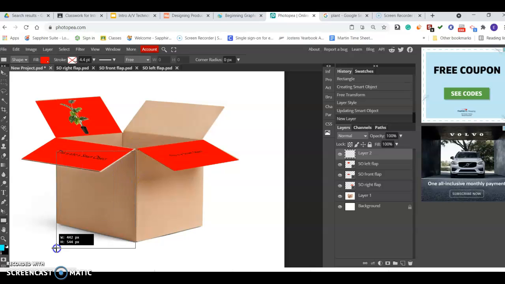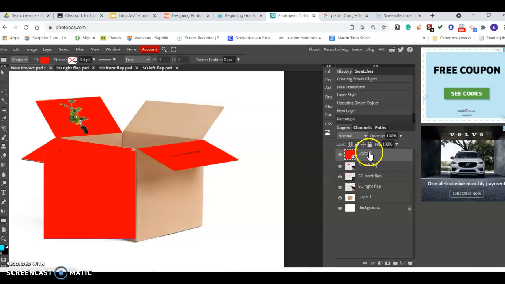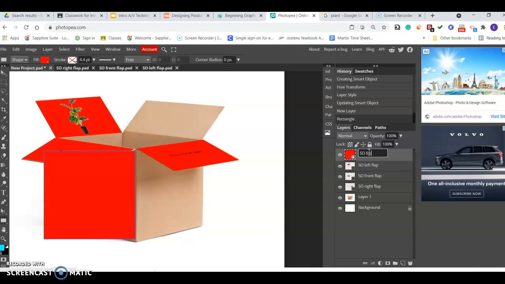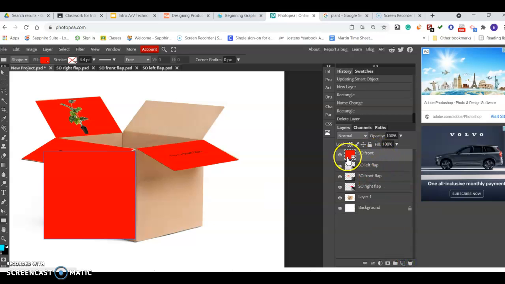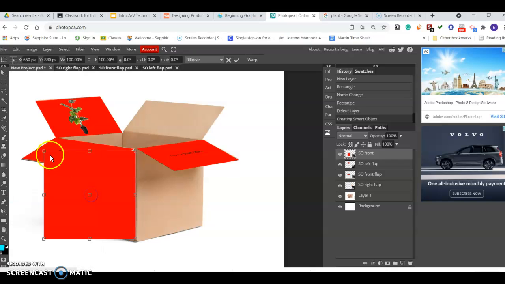And I think I'm going to choose to do this front of the box. So on this front, we do have to guess just a little. So I want to go ahead and convert this to my smart object before I transform it. Could modify the opacity if you needed to be able to see a little easier. And now when I double click,